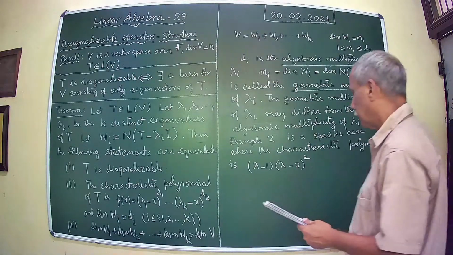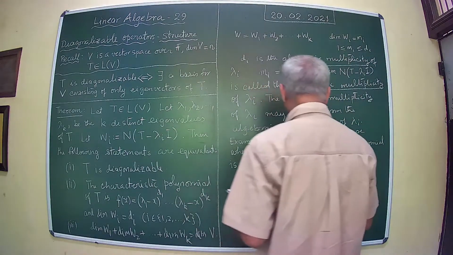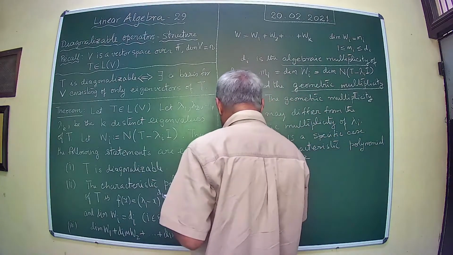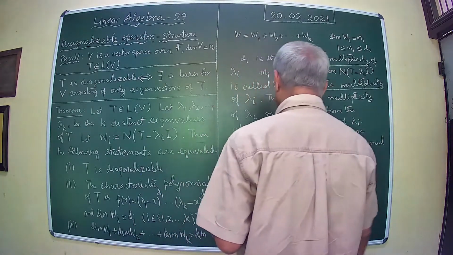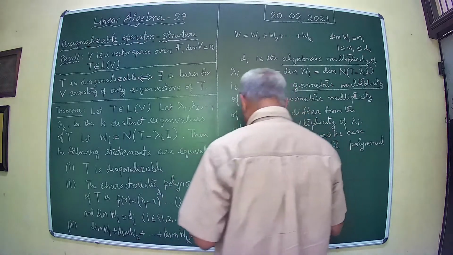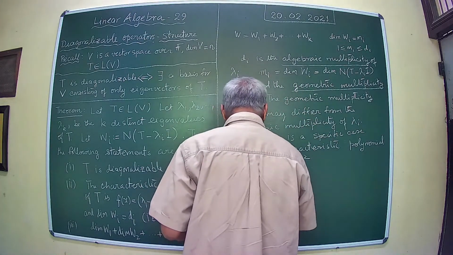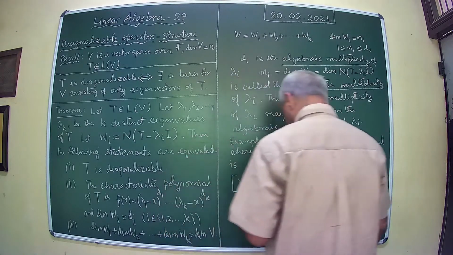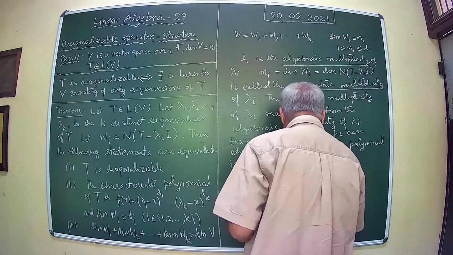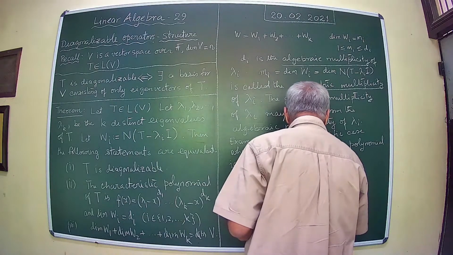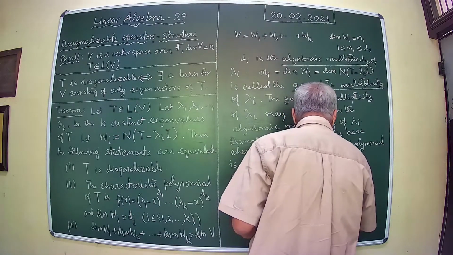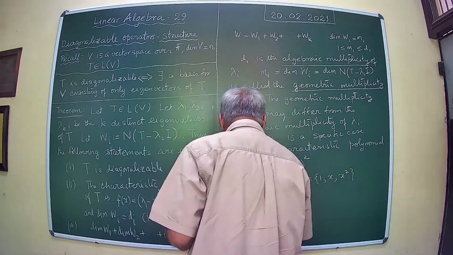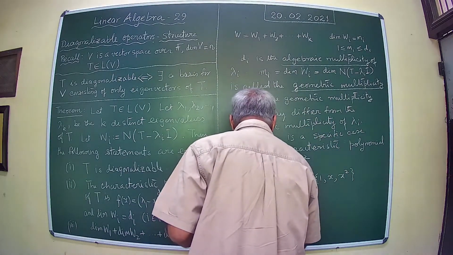This is the case corresponding to the following. V is taken as P2(R), and the ordered basis is taken as 1, x, x squared. And then T belonging to L(V) is defined by